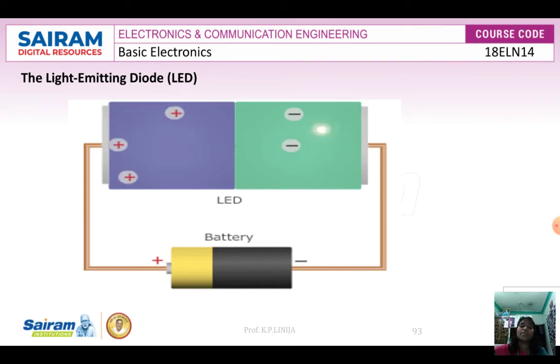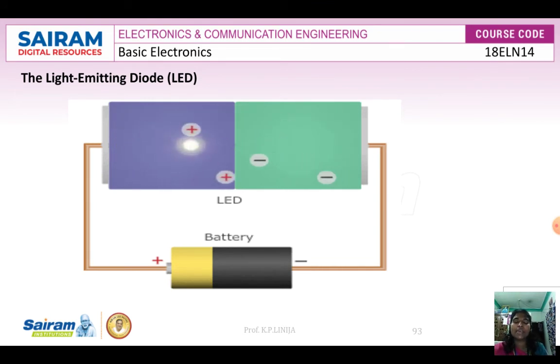Before going to the light emitting diode, first we want to know some light definitions and units. Can you recall the light definition which you studied in PUC or plus 2? As per quantum theory, light is in the form of photons, right? Each photon delivers an energy packet to the surface on which it falls. This energy can be written mathematically as W = hf.